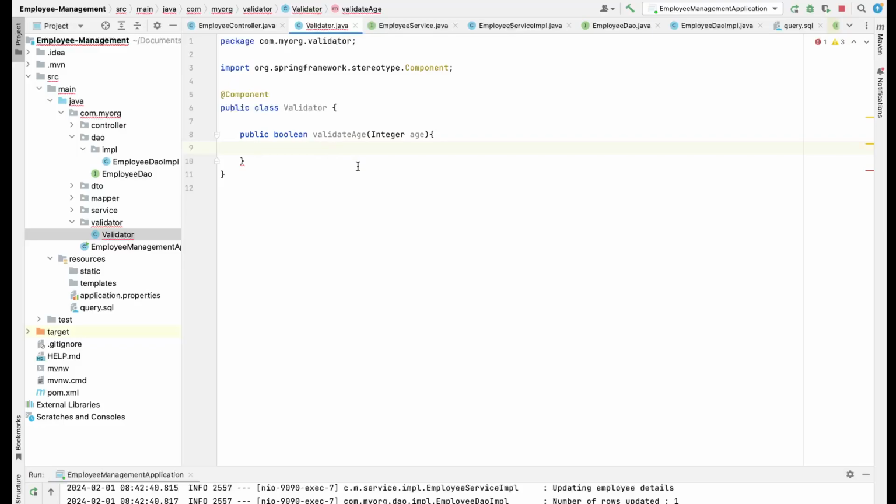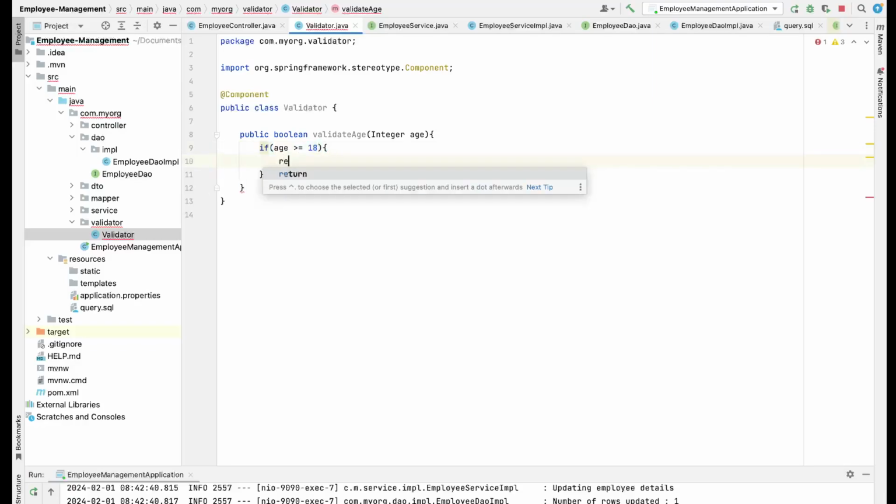Means in that case we are fine, we can go ahead and create the resource, we can enroll that employee in the organization. So let's write: if age is greater than or equal to 18, we are fine,